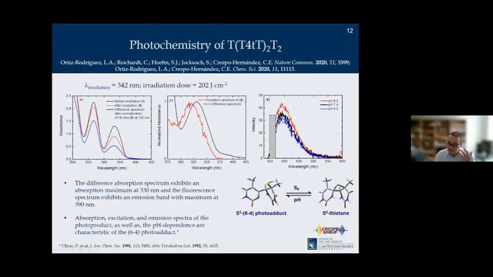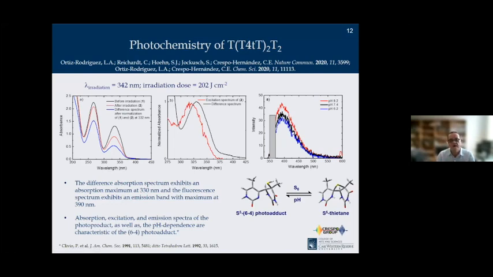And that is characteristic also of the emission spectra of the 6,4 photodimer. In addition, if we now sit at 390 and obtain the excitation spectra, which is shown here in red, this is exactly where the 6,4 photoproduct should absorb. So all these data taken together support the idea that we're forming the 6,4